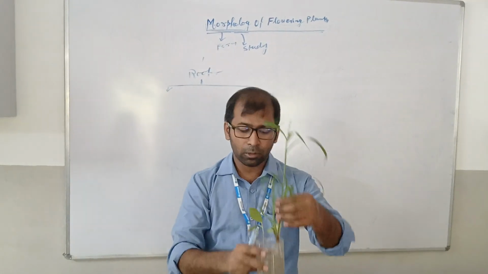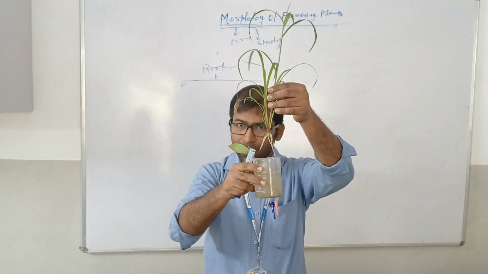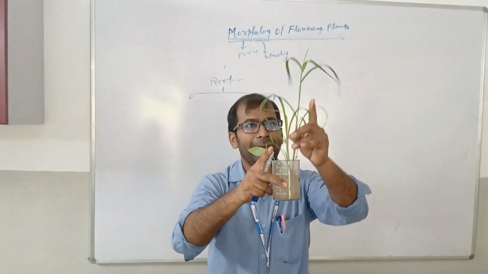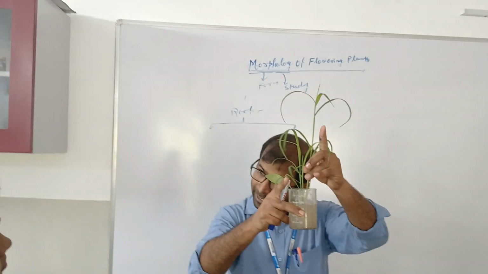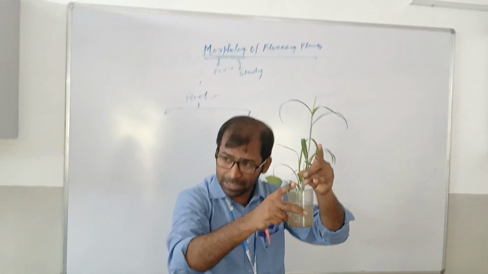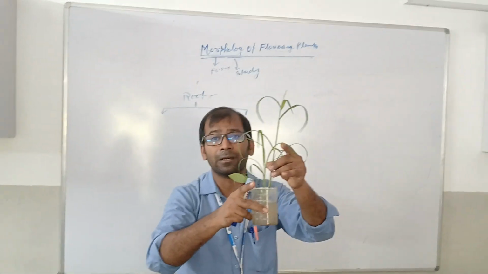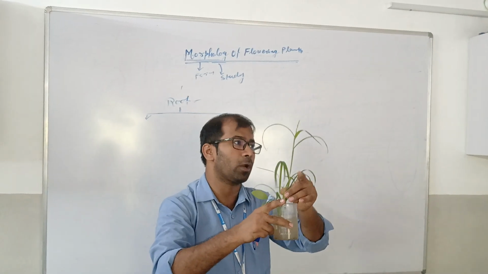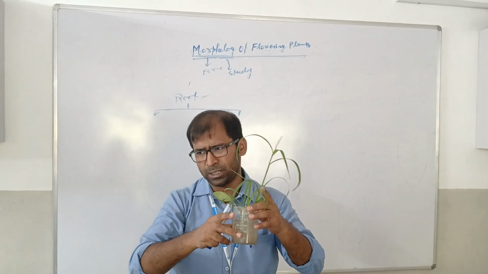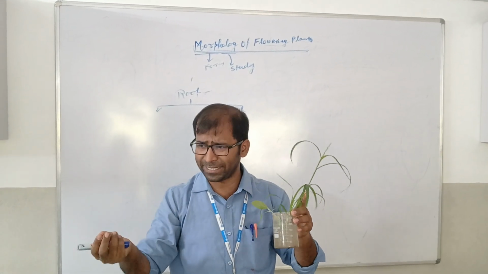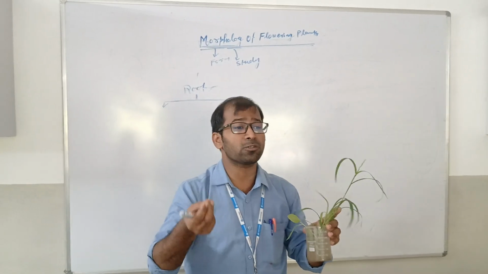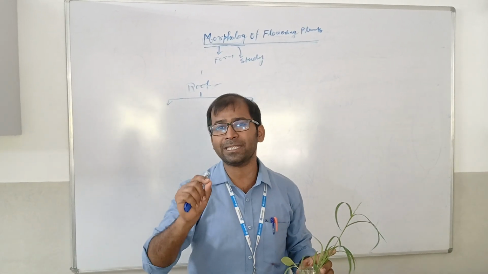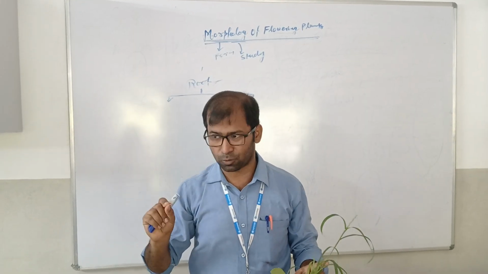Root holds the plant along with the soil. It absorbs water and minerals and sends them to the leaves. And there are many more functions also. Some roots store food for the future. You know the names of these roots, like carrot and radish. Those roots are adventitious roots. Pronunciation is adventitious root. Okay?